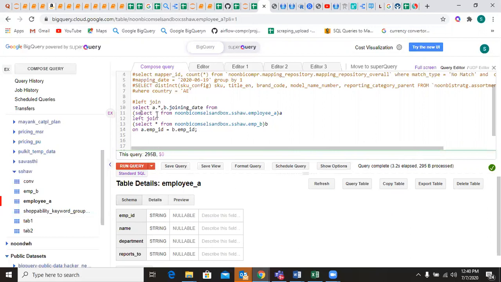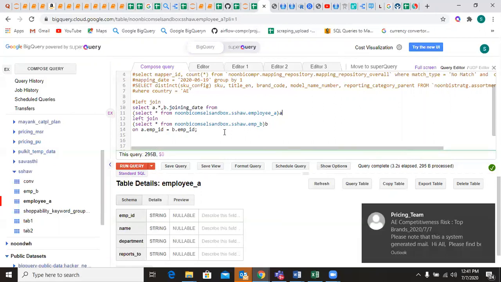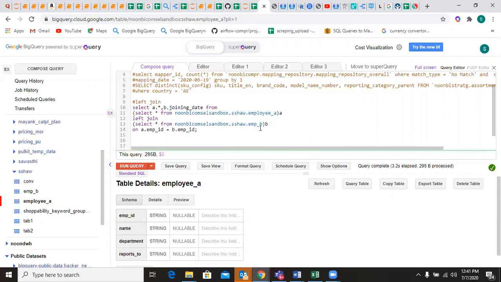I'm stating select star from this location, this is my dataset, and this is my first table, the employee A table, which I have named table A. Whatever output I'm getting from it, now I'm performing a left join. On what I am performing it, I'm extracting select star from the sandbox location, with my dataset and my table, and I have created an alias as table B.